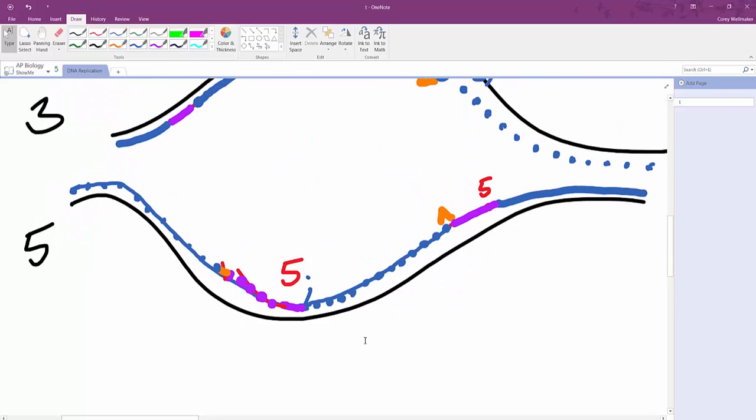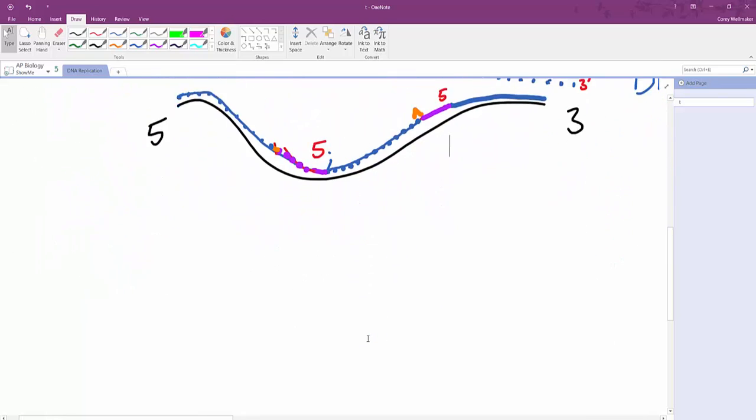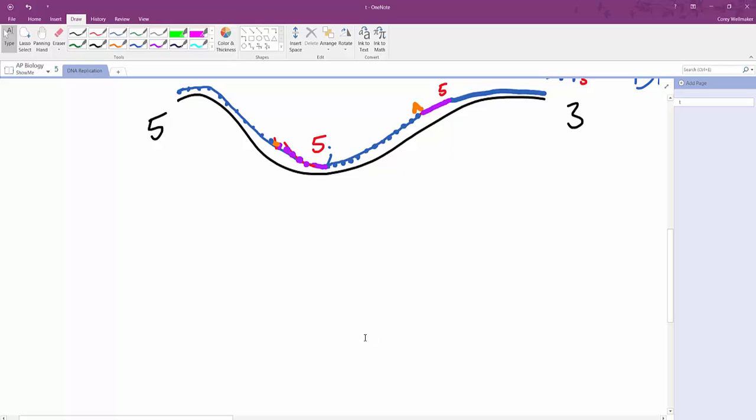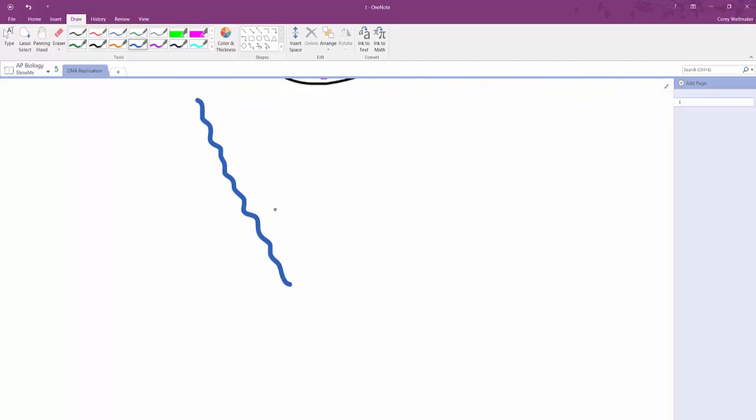Okay, so what this means is that every time the DNA is copied, it gets shorter. So you would think that if we're looking at just a long double-stranded DNA, and every time the DNA gets shorter and shorter whenever it is copied, then isn't the cell cutting away precious genetic information? And there's a solution for this, and the solution is at the end of a DNA strand, the cell